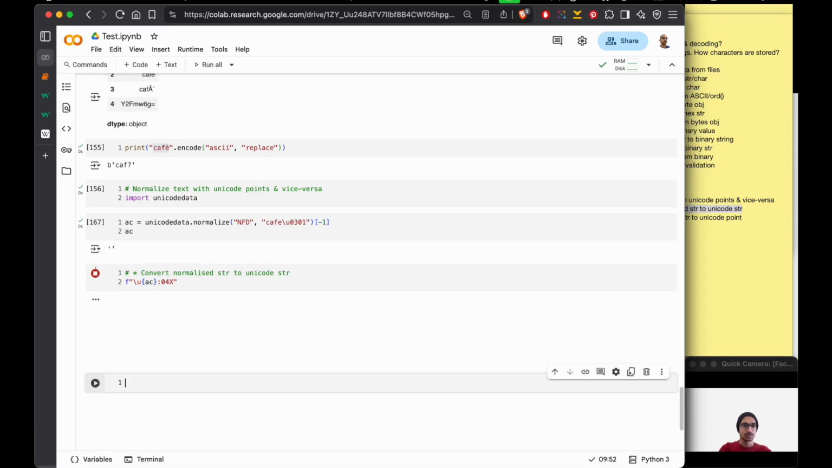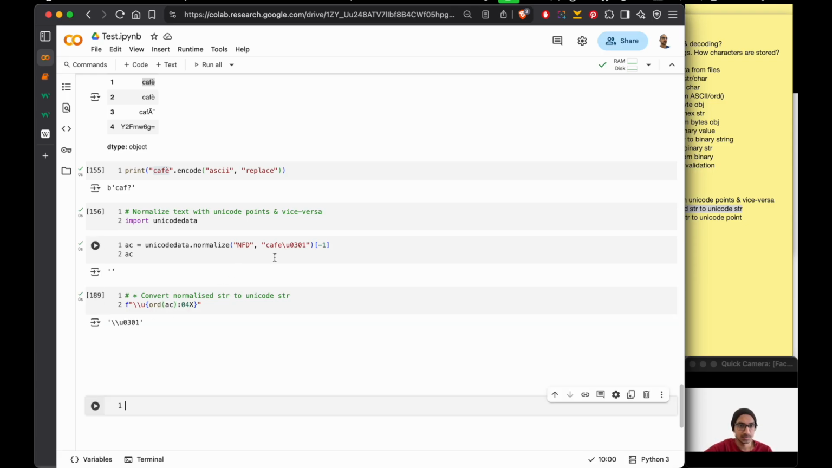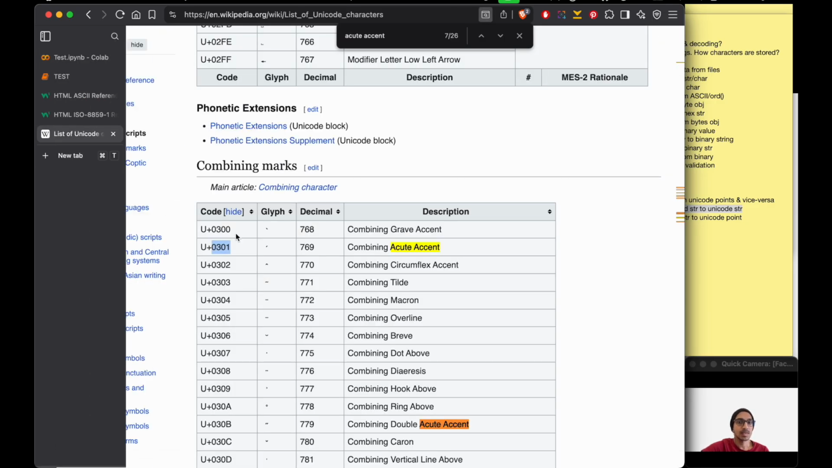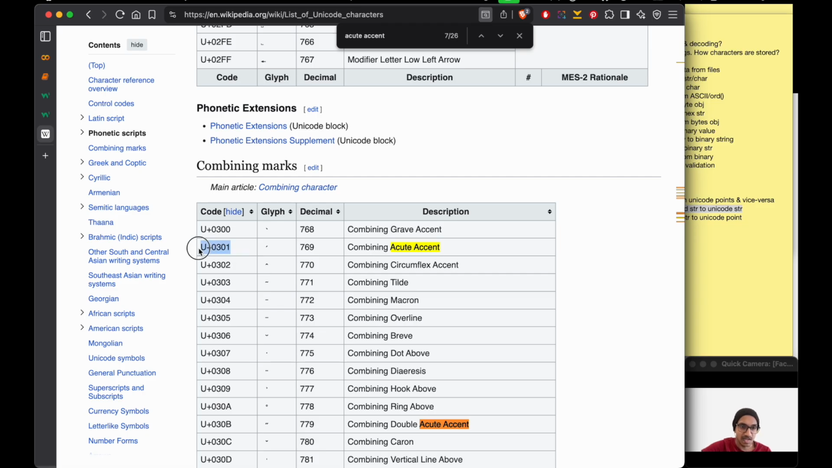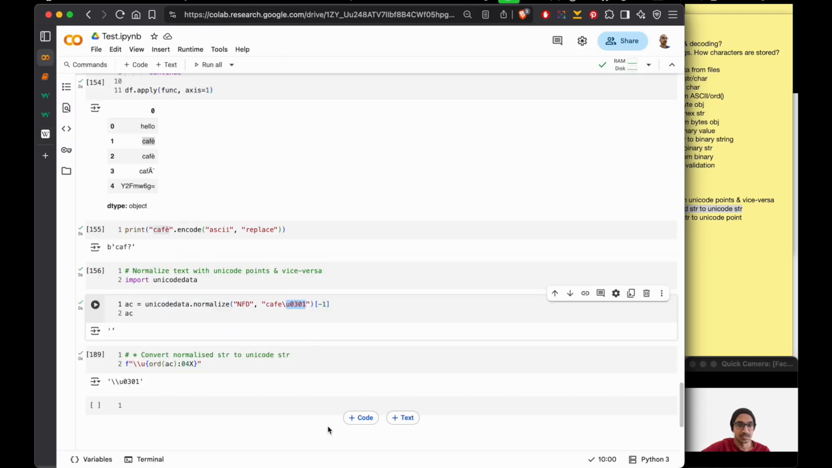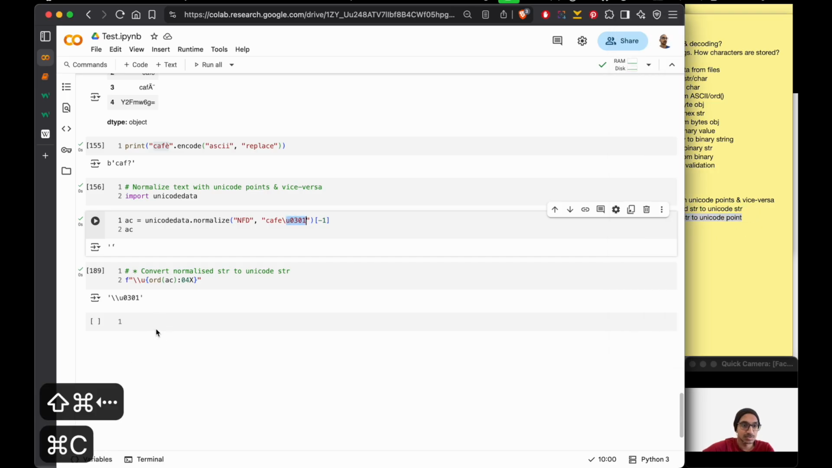So if we do this, it should be the ordinal of this one. The decimal value of this character, colon 04x. This should give us our, you see here, this returned back as our Unicode point value, Unicode string value. It's still not a Unicode point, it's the Unicode point value in string. Now if we want to convert the Unicode string to Unicode point,